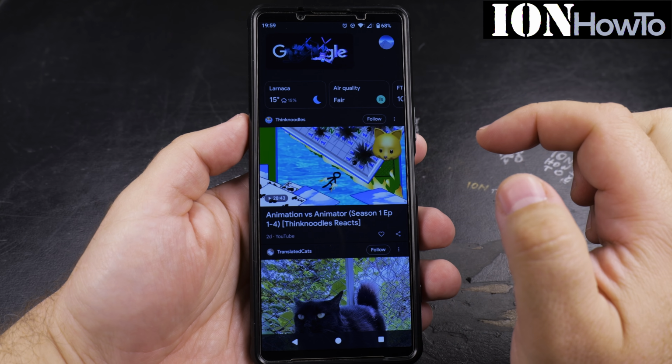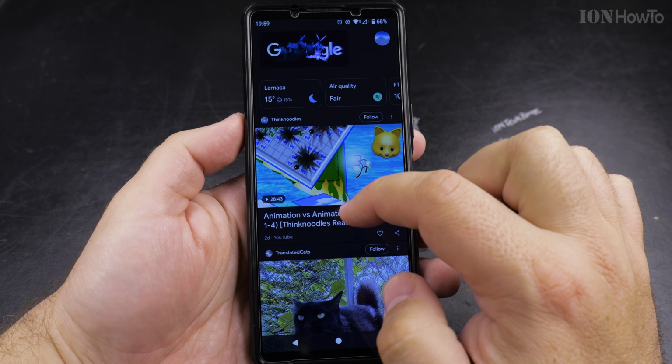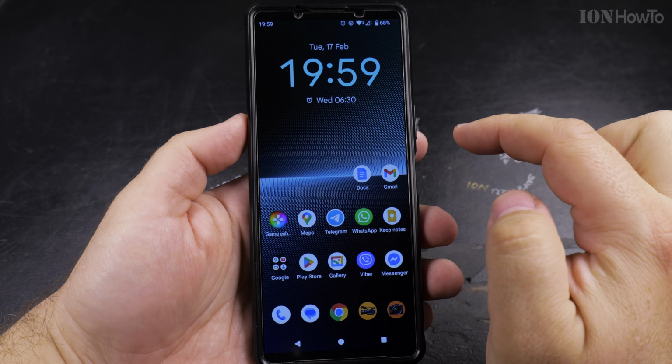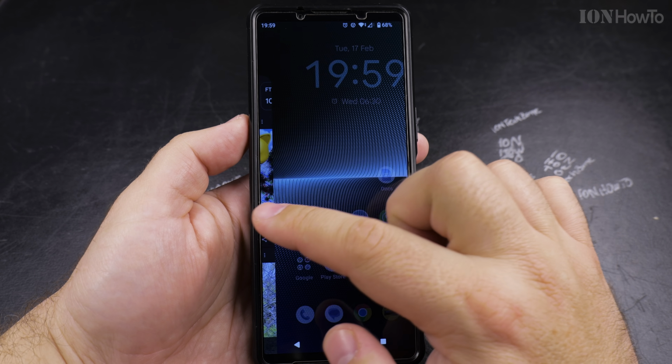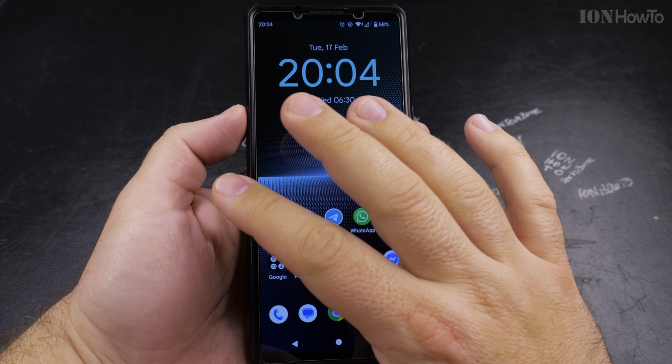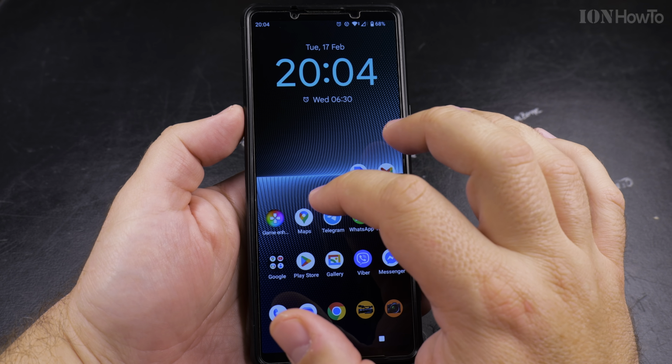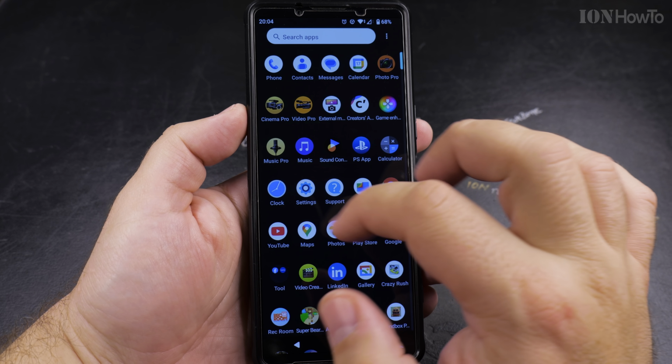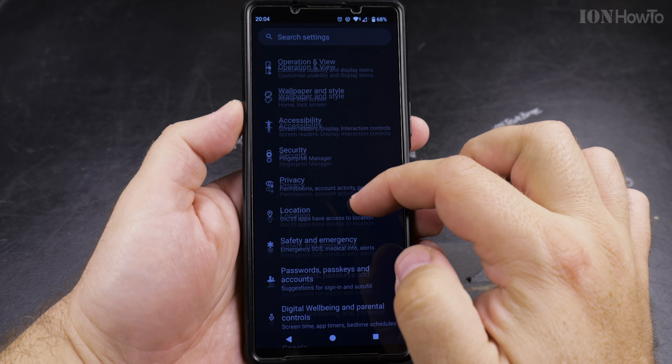This is how to turn off the setting when you swipe left to right and you see these articles. This is Google Discover. To keep the Google app on the left screen, on the left to right swipe, but turn off Google Discover, open the Settings app and in the settings scroll until you see